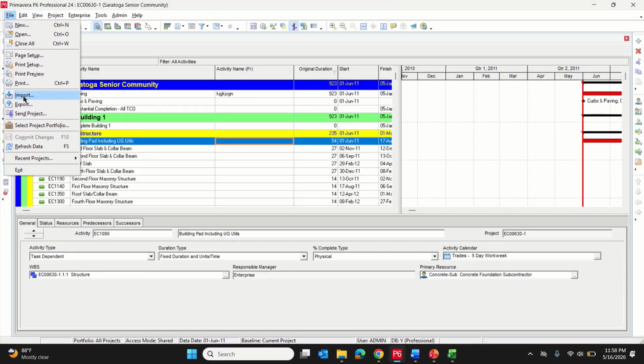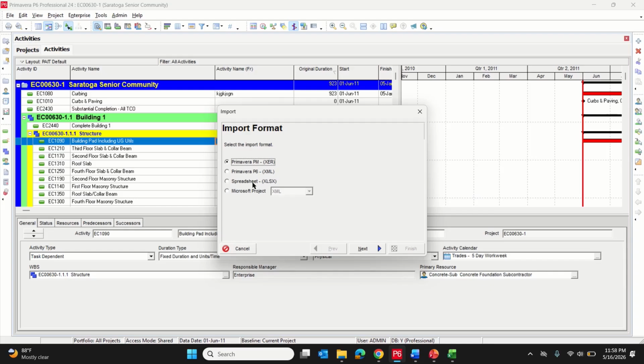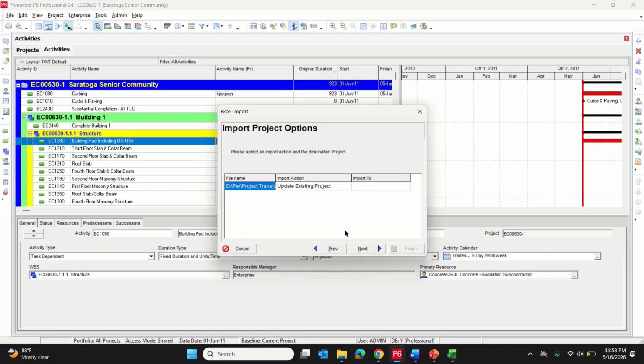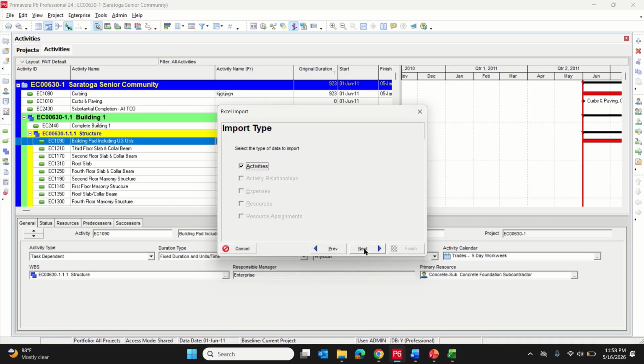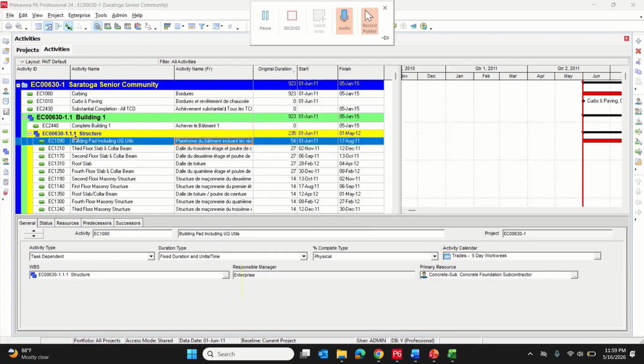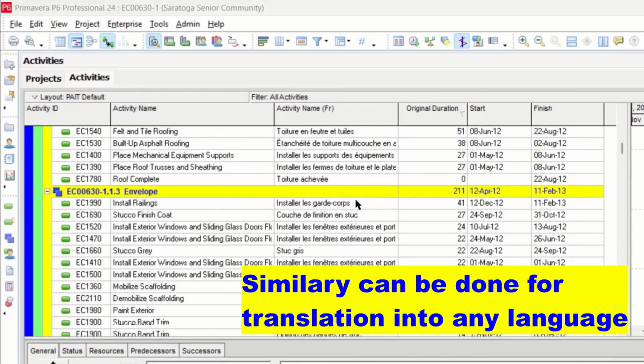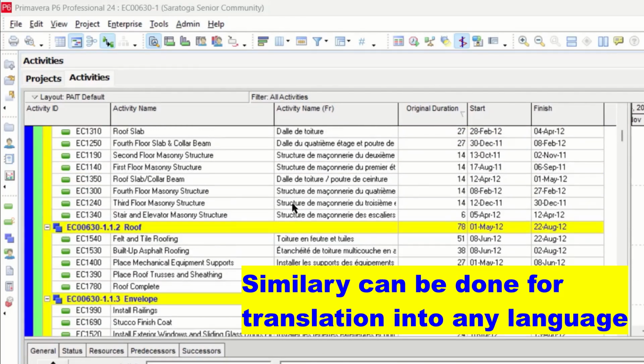And now when we import, here we will get activities in both